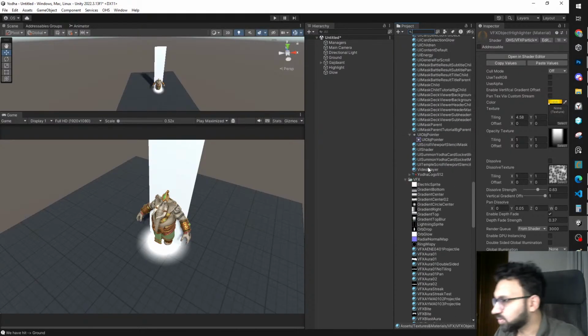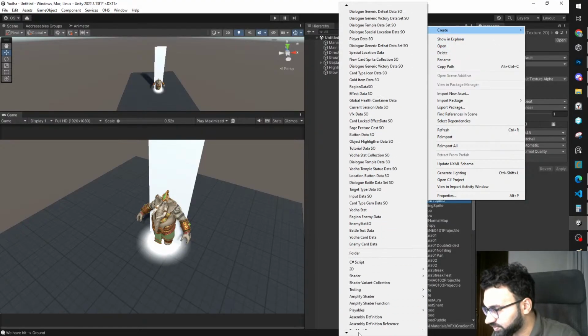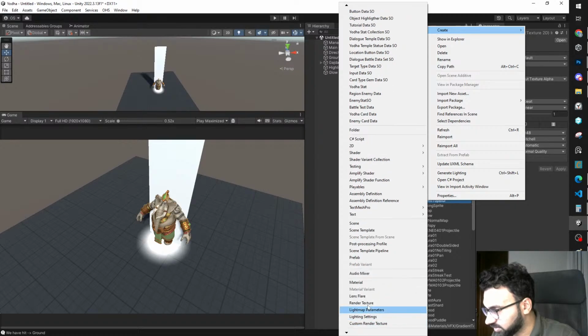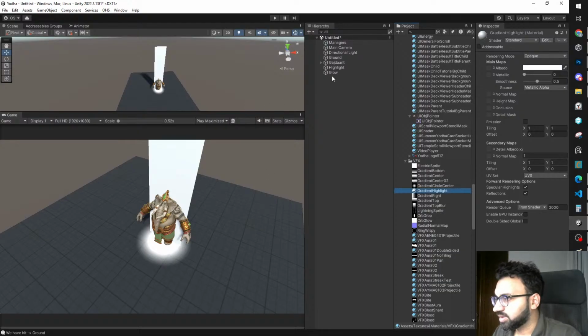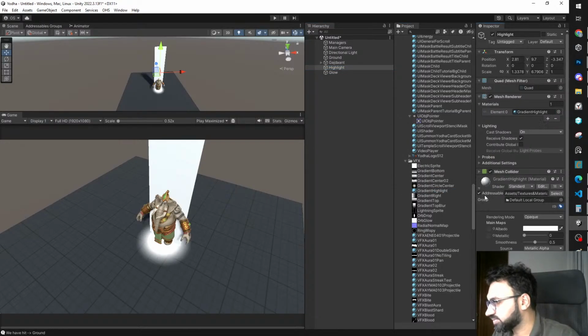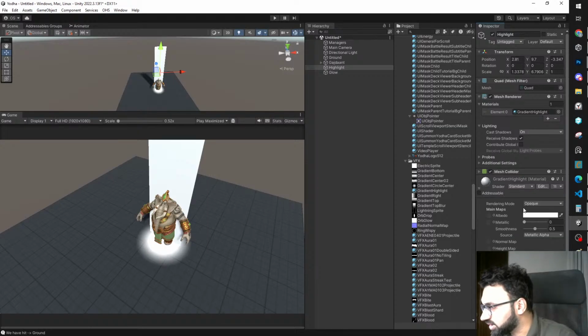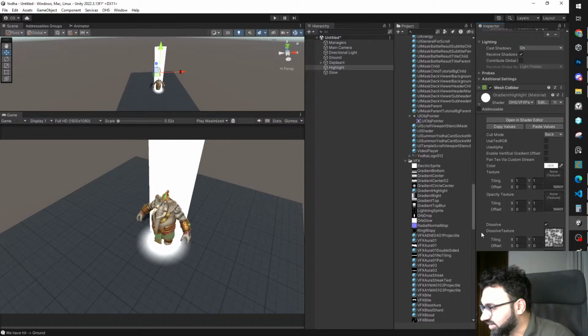Let me just create a new material then. We'll call this gradient highlight, and then we're just gonna slap this here. Okay, forgot to actually. Let's just create a simple texture. No, not this one. So this is my own shader that I've created for the project,